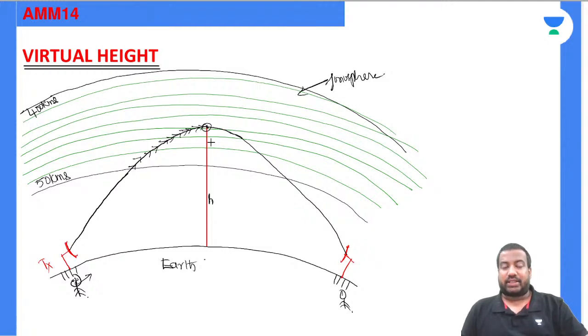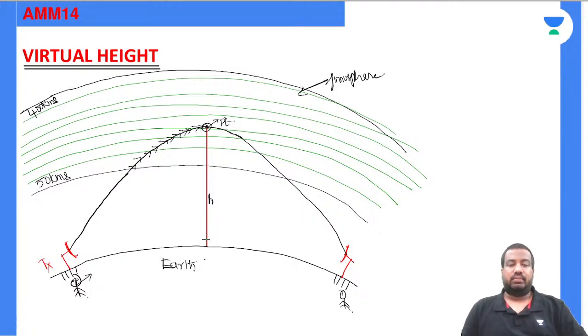Height, I'm asking about the height. This point, can you predict this point? Yes, we cannot predict the height. That's the problem. So what we do is,